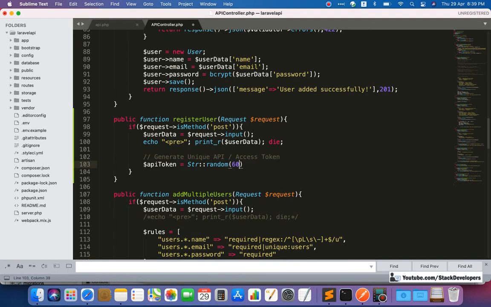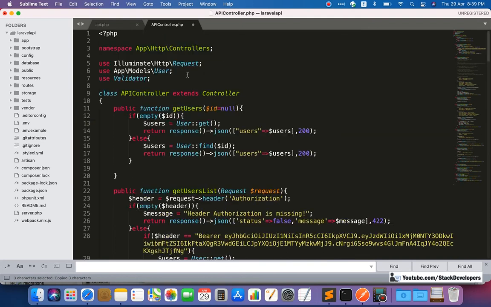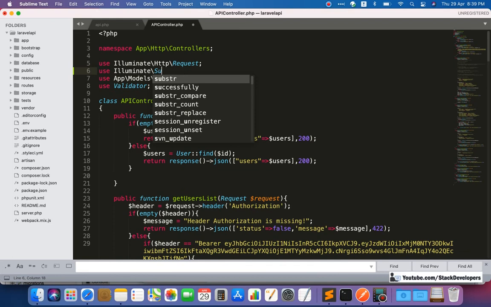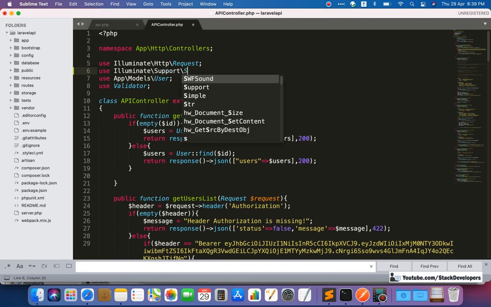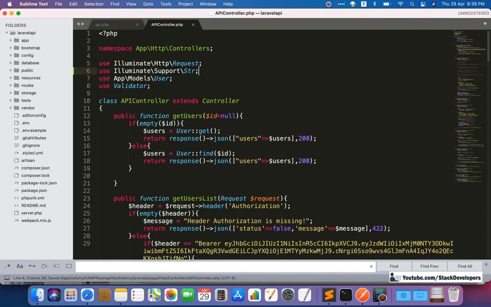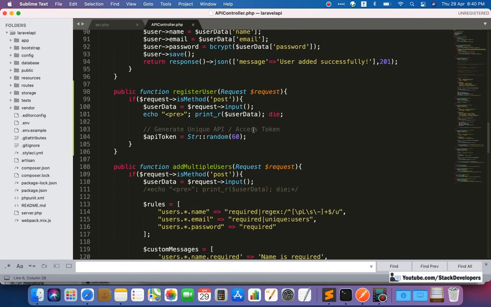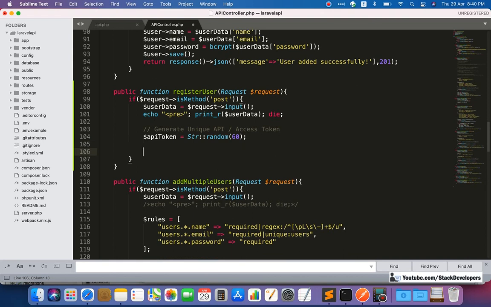For str we need to add the header, so don't forget to add the header for str, that will be like Support and Str. This header we need to include. So go down, and here we have the API token.